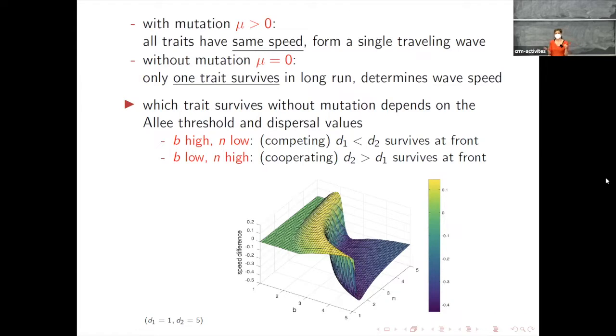And that depends very much on how your Allee threshold, or how those dispersal values, compare with the Allee threshold. So here, if you are in the highly competitive phase, then the longer dispersal, the one that can disperse further, will dominate the front. If you are in the more cooperating phase, then the shorter dispersal is going to basically take over the wavefront in the longer dispersal,